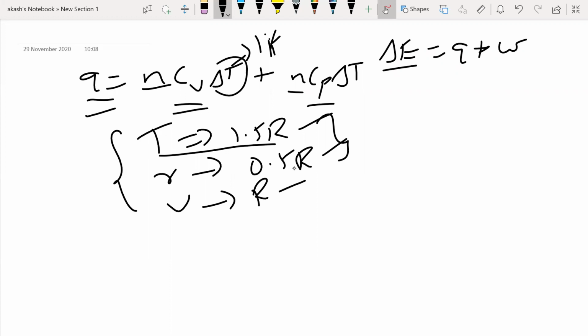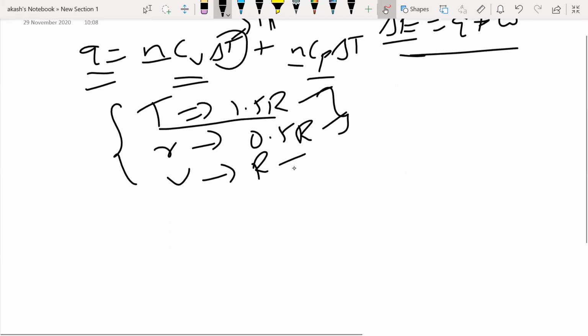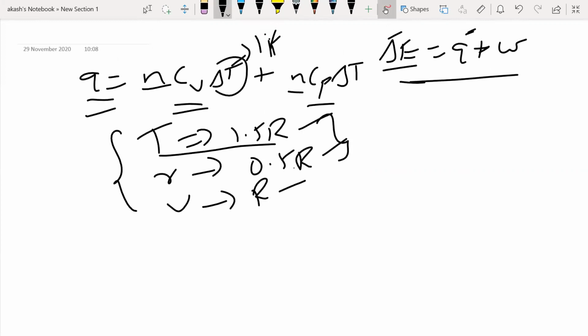We know that E, the absolute internal energy, is nothing but the sum of all the potential energies plus the sum of all the kinetic energies present in the atom. So basically KE translational, KE rotational, KE vibrational, along with your potential energies, you'll be able to calculate it. That's how we define internal energy. And I told you how to interpret this statement: the change in internal energy can be brought about if you have some heat supplied or heat lost, or when the system is doing some work, or when someone does work on the system, right?